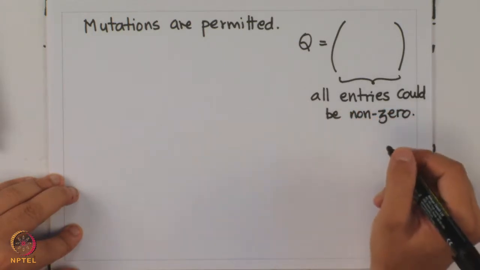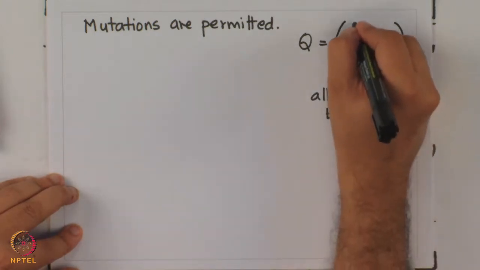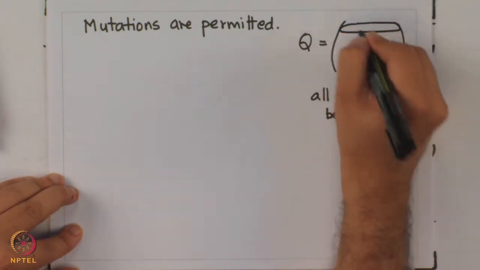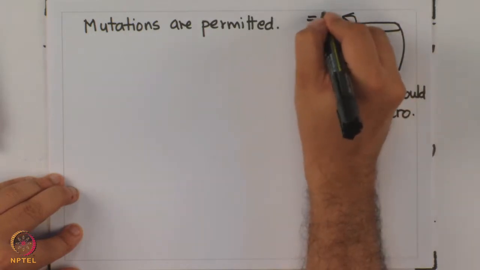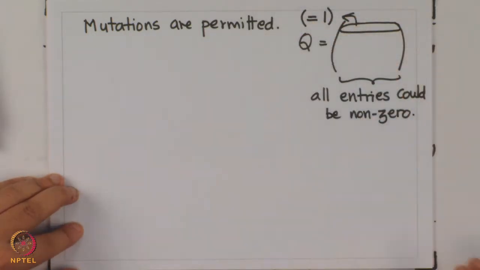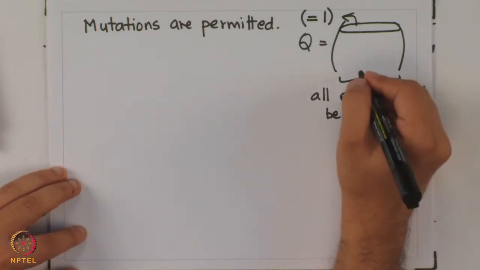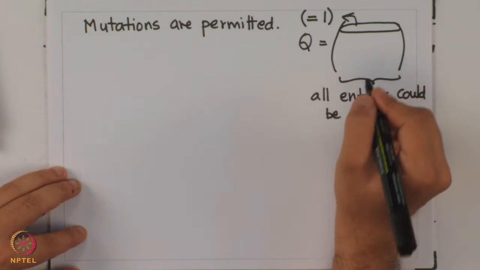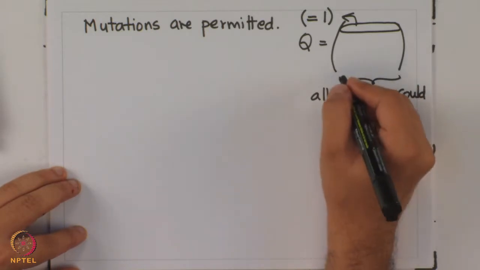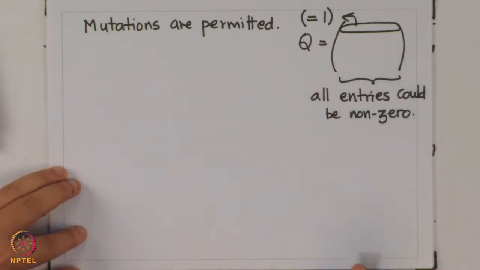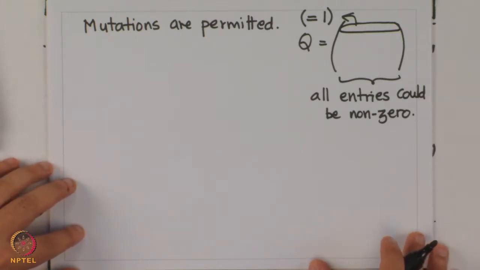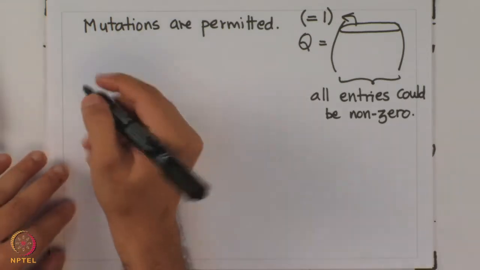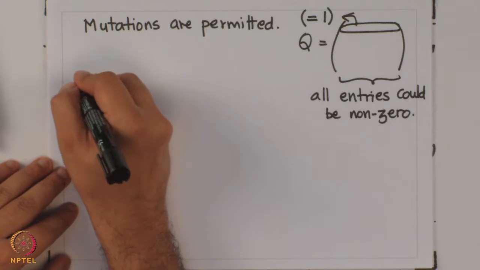The only thing that we can say with certainty about this Q matrix is that the row sum has to be equal to 1. That is the only thing that we can say, but other than that, also the fact that every entry in this matrix is a positive number, because these represent probabilities and you cannot have negative probabilities of events happening. If an event is impossible, you have probability equal to 0, but not negative probabilities. Alright. So, now when we have this, let us try and understand